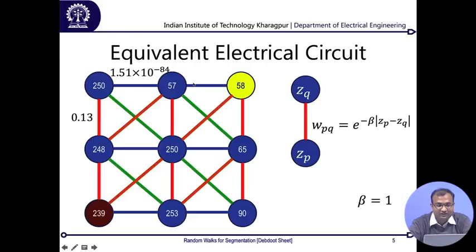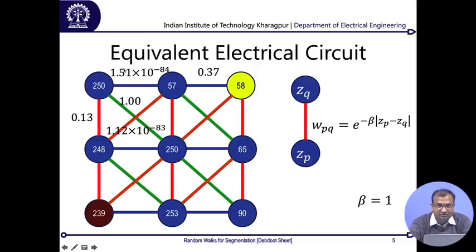You could have in fact approximated this to be 0. Now between 57 and 58, you again have a much higher value which is 0.37. Now between 250 and 250, there shouldn't be any problem, it should be easiest to move, and that has a conductance value of 1. Between 248 and 57, it has a value of 1.12 into 10 to the power of minus 83, which is again a value very close to 0, but again this value is higher than